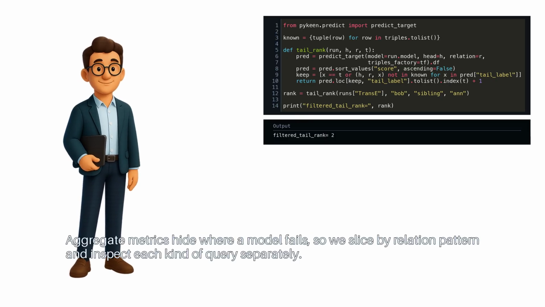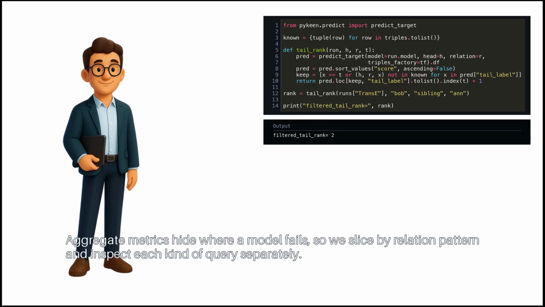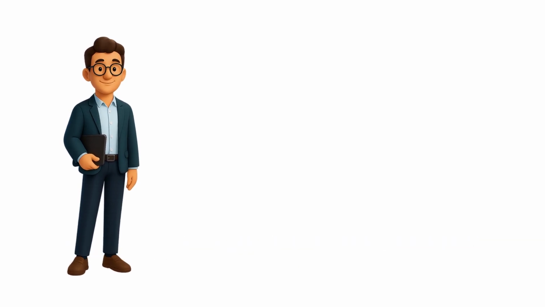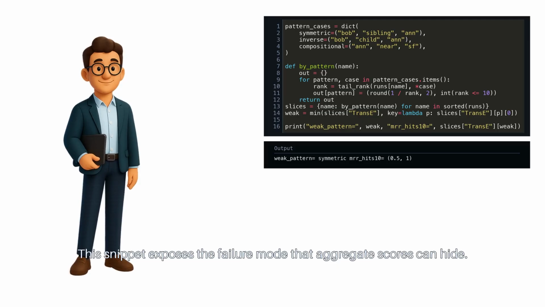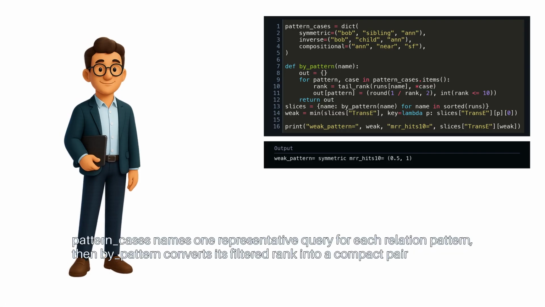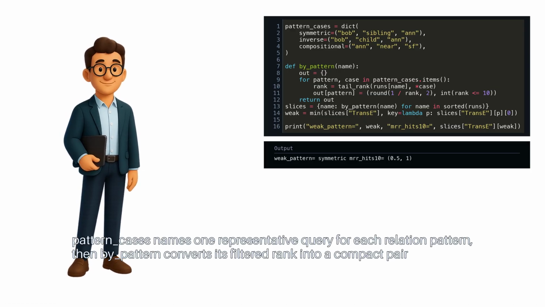10. Aggregate metrics hide where a model fails, so we slice by relation pattern and inspect each kind of query separately. This snippet exposes the failure mode that aggregate scores can hide. pattern_cases names one representative query for each relation pattern. Then by_pattern converts its filtered rank into a compact pair. MRR first,